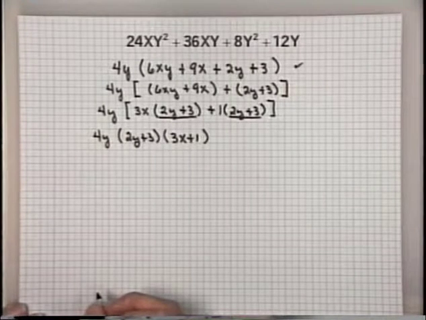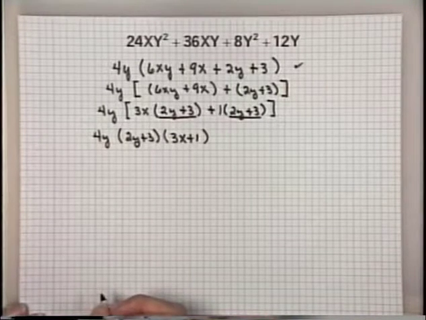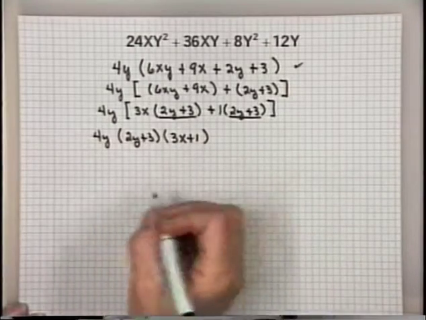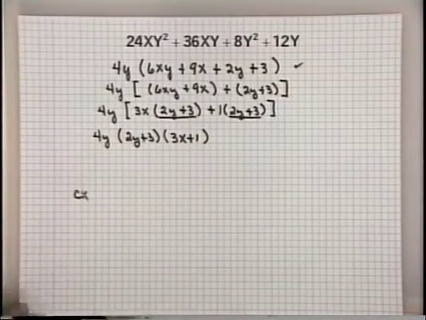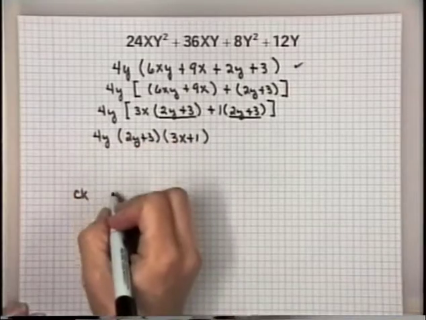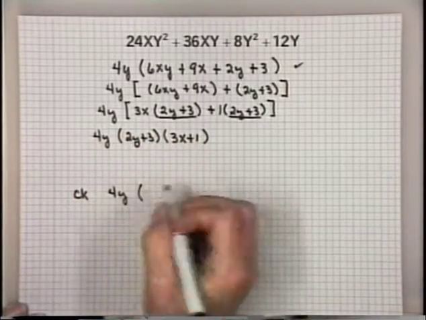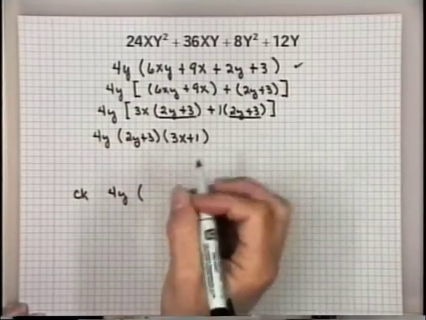If you feel a little bit unsure of yourself with these problems that require grouping, remember that you can check your solution by doing FOIL on these factors. Let's just do a quick check here to show you how to do that. Bring down this common factor of 4y. Using FOIL, 2y times 3x is